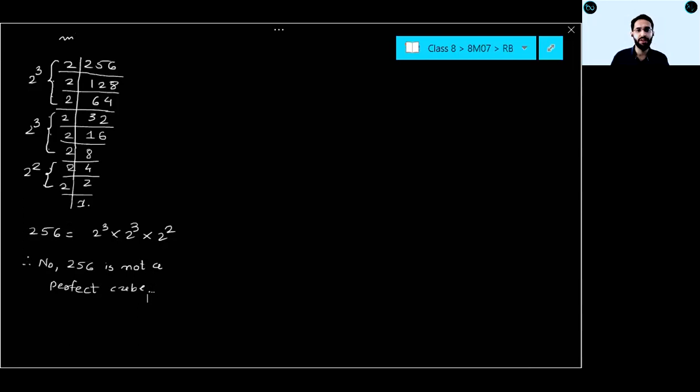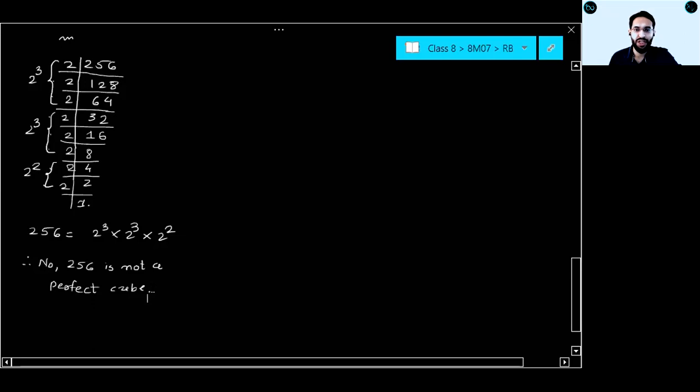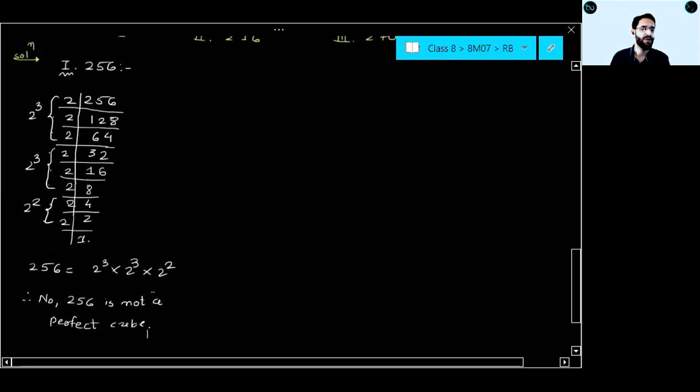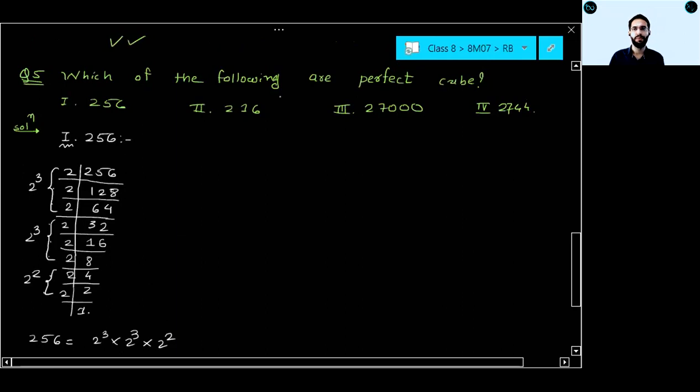Yes, Samarth, I agree with your question that in perfect square we were writing may or may not be, but that was the unit digit approach. There we were seeing by unit digit, not checking by prime factorization. By prime factorization, we were finding its square root. Is it clear? That's why by unit digit, there we were writing may or may not be.